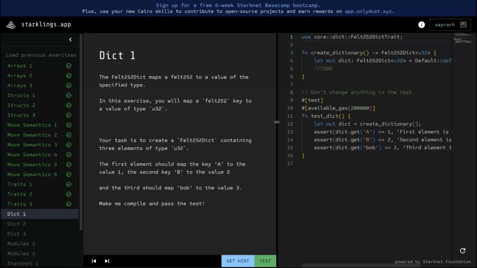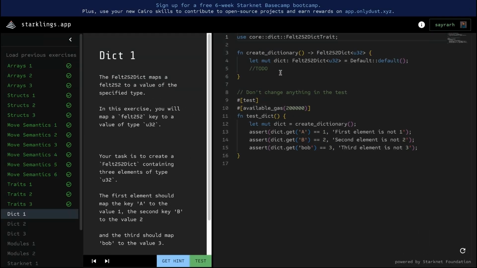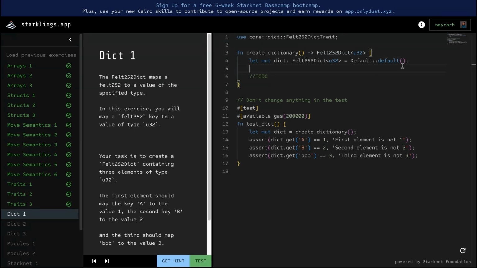Let's see this now in action. So we have the create dictionary function, which returns felt252 dict, the value type, it returns it. Now this is creating an instance of a dictionary. So you put mut with the name of the variable, and then you have this. Now what we need to do is